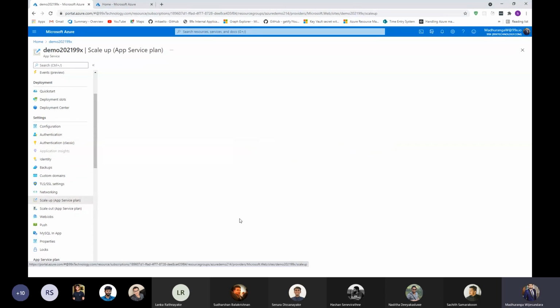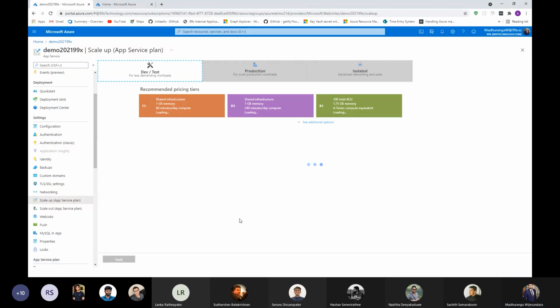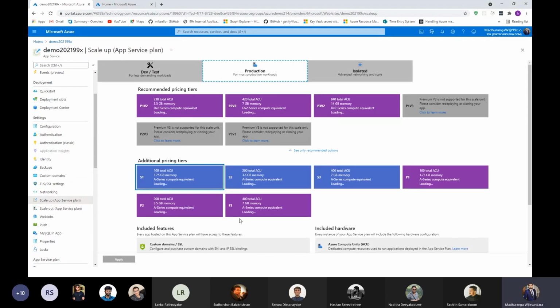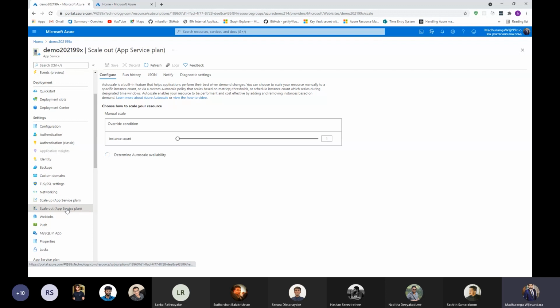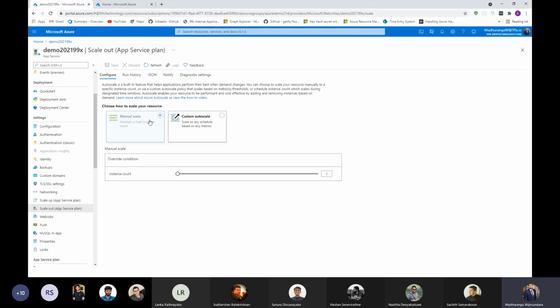This is the scale up service plan. You can just select the infrastructure you want, and spin it up. Even if you go to the scale out plan, you can select manual scale instances. You can have the instance count set to 10, or you can